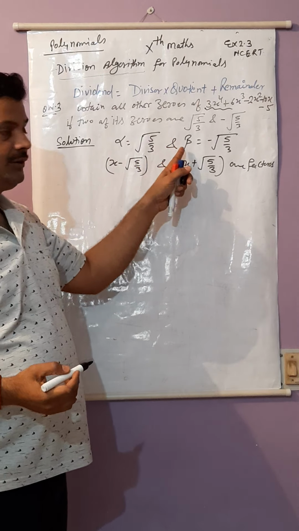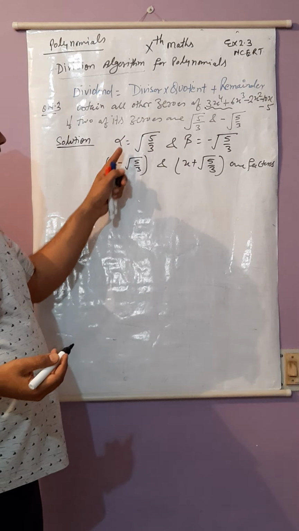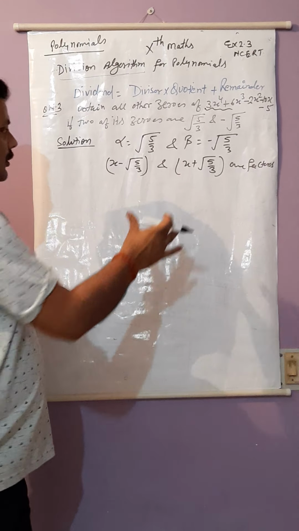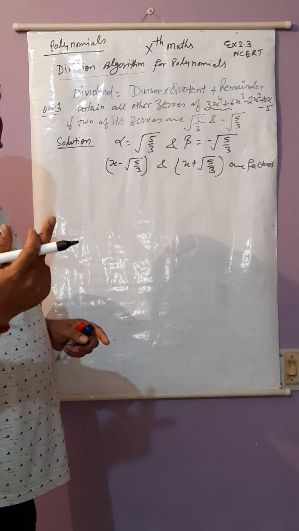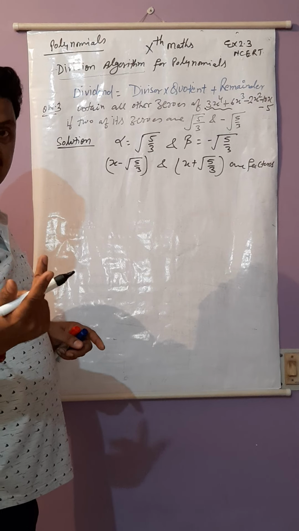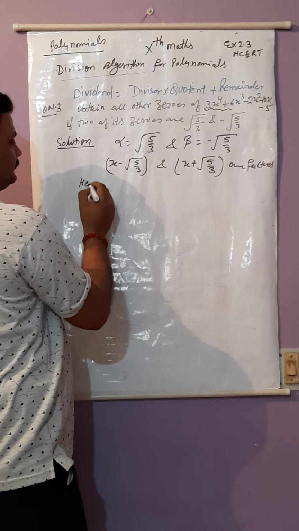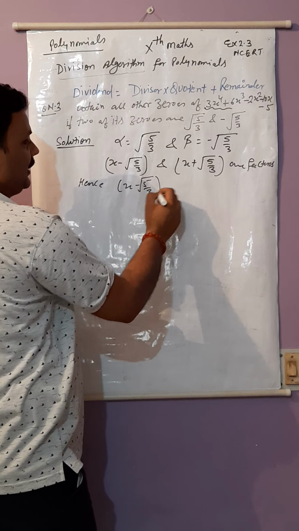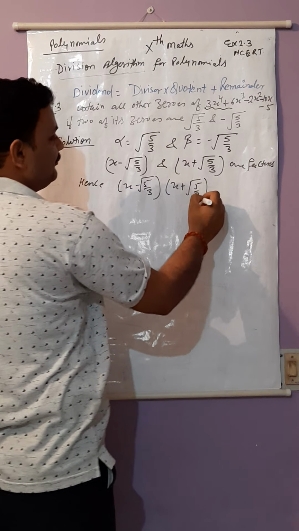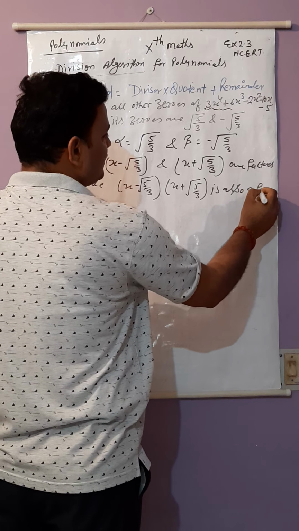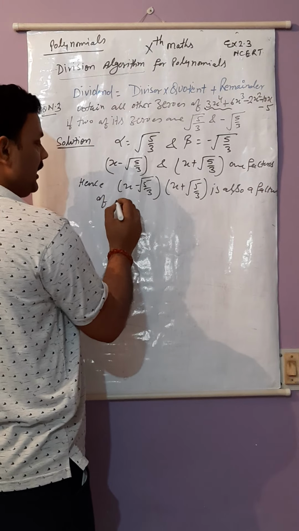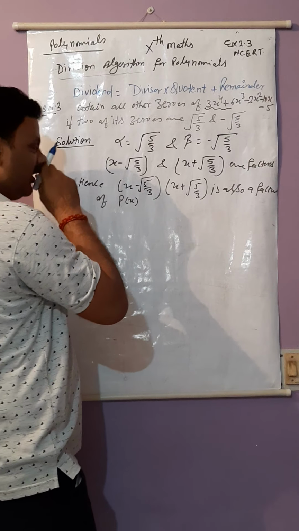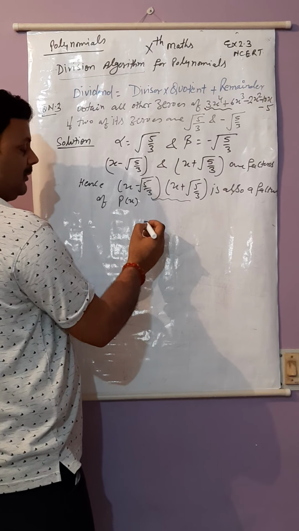अल्फा एक जीरो था, बीटा was another zero, तो x minus alpha is a factor, x minus beta is another factor. तो इन दोनों के प्रोडक्ट भी क्या होंगे? इन दोनों के प्रोडक्ट भी एक फैक्टर होंगे. किसके? पॉलिनोमियल के. हेंस x minus √5/3 into x plus √5/3 is also a factor of given polynomial px. तो इनको जब मल्टीप्लाई करते हैं या क्वाड्रेटिक पॉलिनोमियल बना लेंगे तो